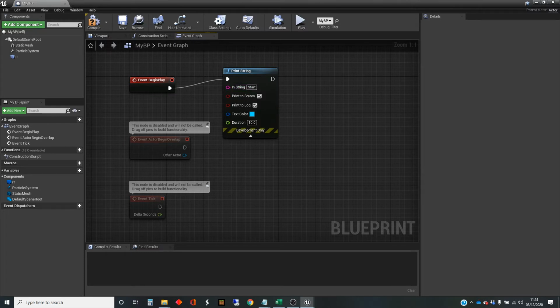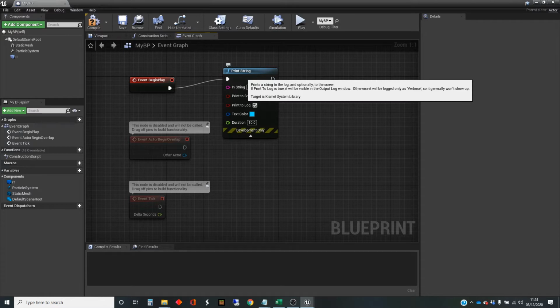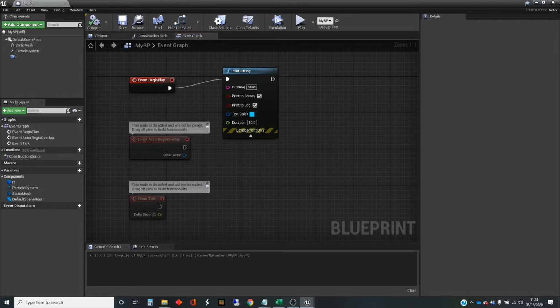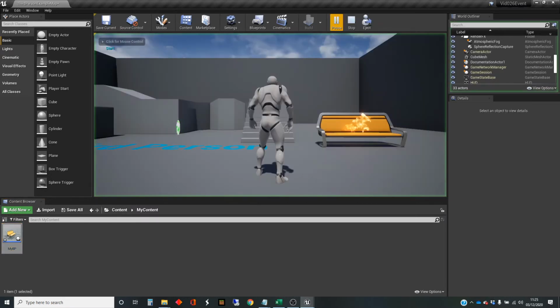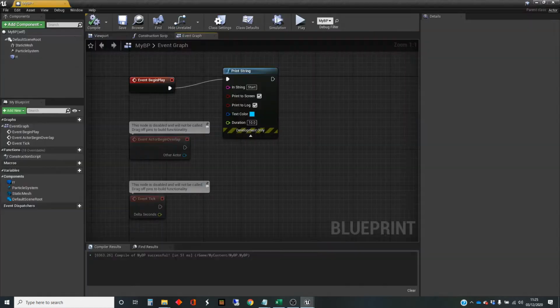So again, I didn't want to spend ages on nodes and wires, but when this node is executed, it then passes execution along this white wire here to this Print String node. So I'm going to compile that, and I'm going to show this in action. I claimed that this happens when the game starts. So I'm going to click play, and in fact we can see up in the top left corner here, the word start has appeared in blue text, and that's been created by that node. Okay, so we'll stop execution. Go back into our